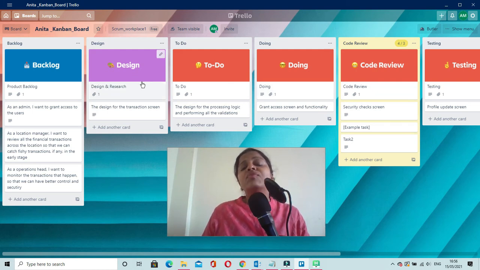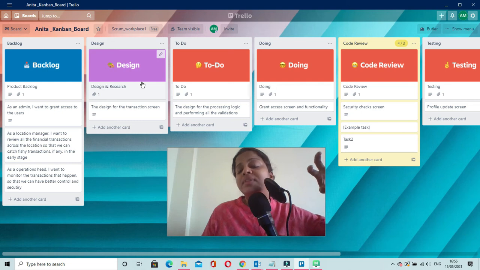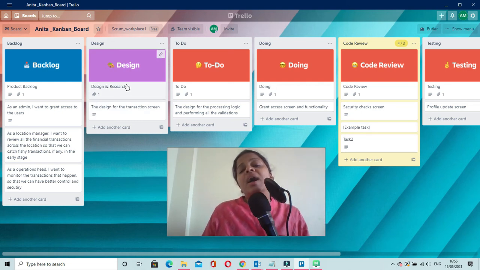So this way they have to set up the upper limit for each of the stages, so that none of the stages will get overloaded with tasks at any point of time. By doing that, you will be able to streamline the process. And if the team working in the construction phase is already working on 5 tasks, then the design team should not push their tasks to the construction stage,